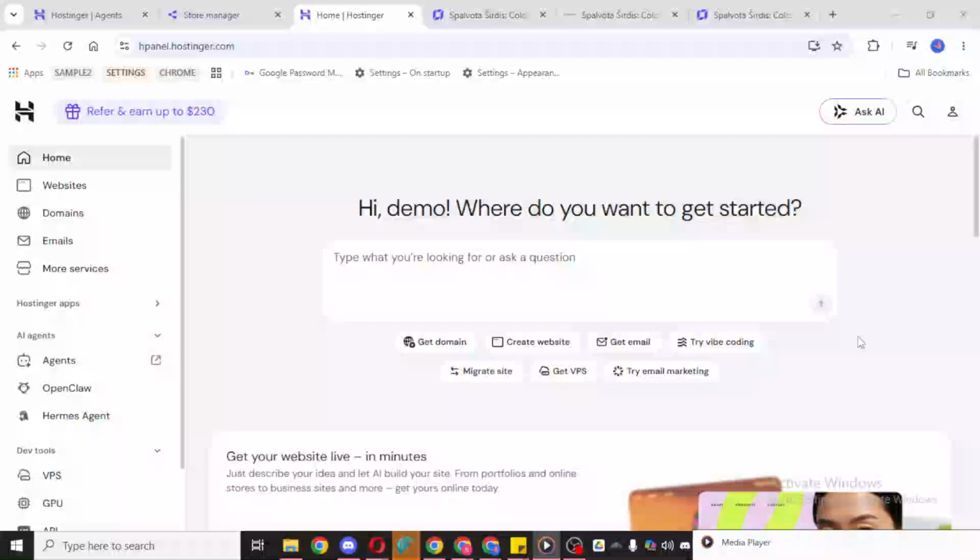In today's video, I'm going to teach you how to add social media icons in Hostinger Website Builder. If you want to make it easier for visitors to find your social media pages, adding social icons to your website header is a simple and effective way to do it. This helps connect your website with your social platforms and gives people a quick way to follow your content, learn more about your brand, or stay updated with what you share online.